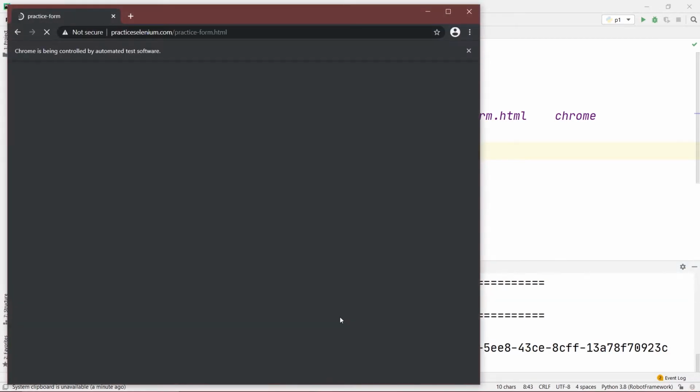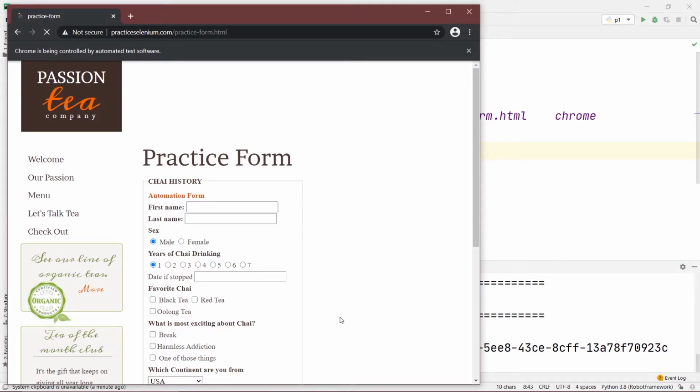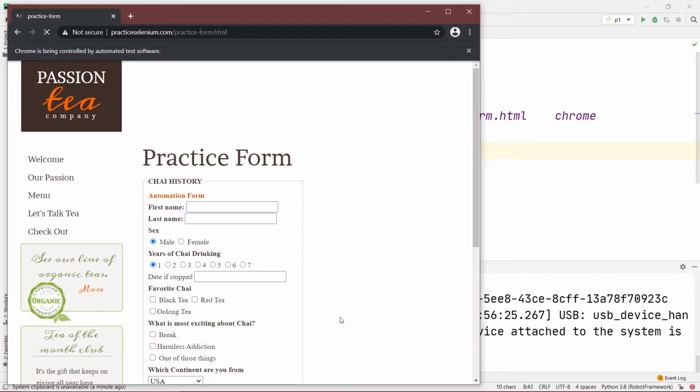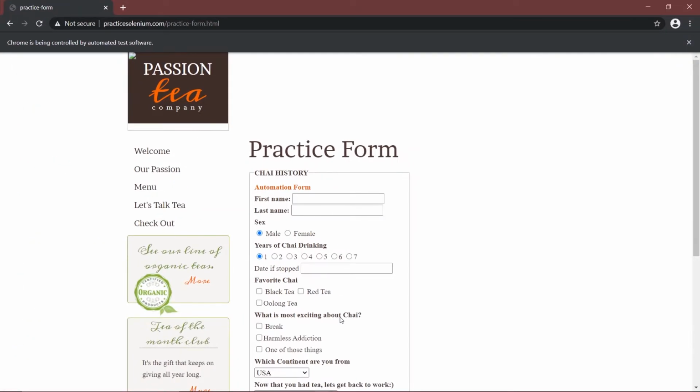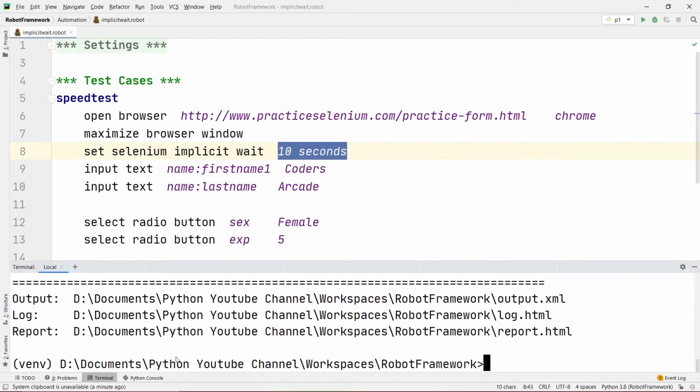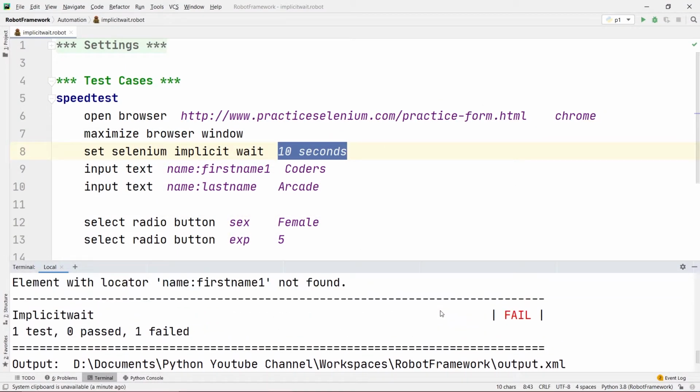If I press enter, once it is loaded, it will maximize the browser window and it will not throw an exception right away. Instead, it will wait for 10 seconds and then our program will fail. So you see here, after 10 seconds it failed.